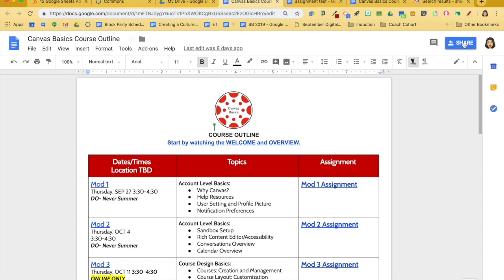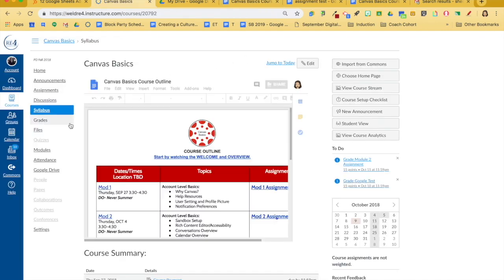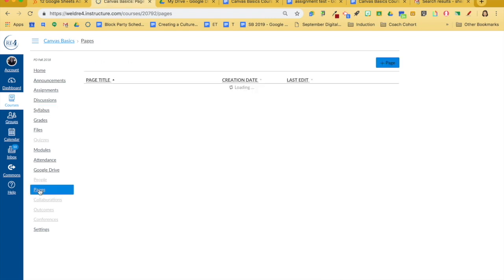If you just want students to view it and be able to access the links that you have put on the document, make sure they only have view rights. If you don't change it to view only, they will be able to edit your document, and I'll talk about that in just a minute. So after you've copied your link, you could come into a new page